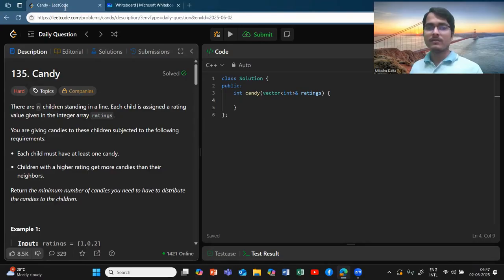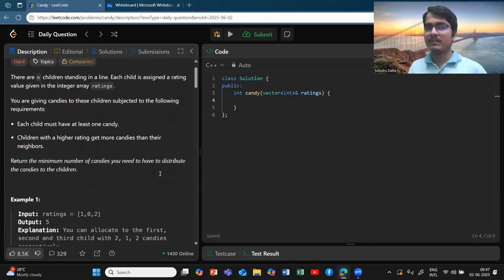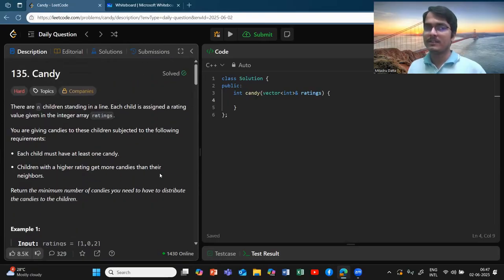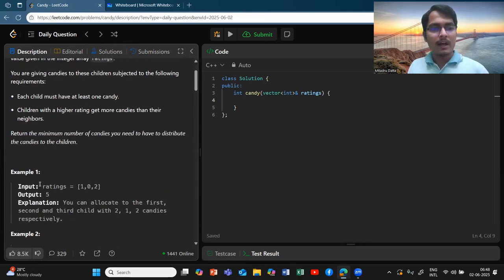So first of all, before going to the solution, you must try this question on your own, because this is a very simple problem. A hard problem easier than this is not possible. So I will definitely tell you to first try it on your own, and then go forward with the solution. And if you see one of the examples,